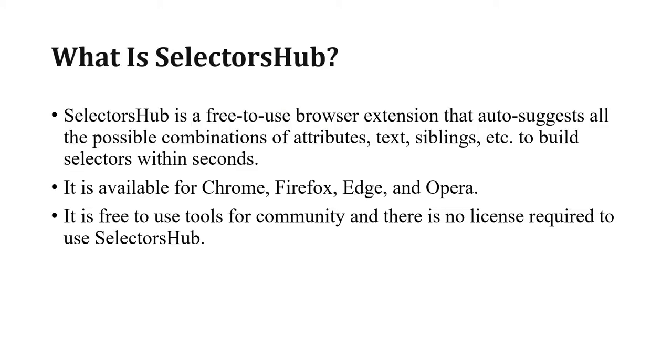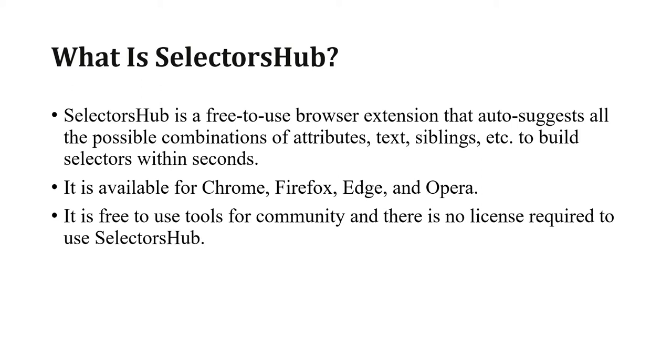What is Selectors Hub? If you want to inspect any element inside a website, what you have to do is press F12, then move the cursor to the element you are going to locate, and press on find. There we have to give each locator, right? In that way it is hard to find which element we are looking for. It takes more time to locate the correct element, right?